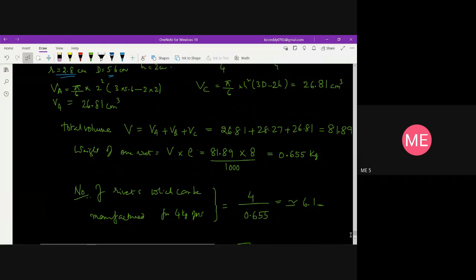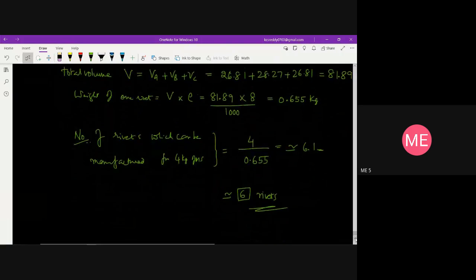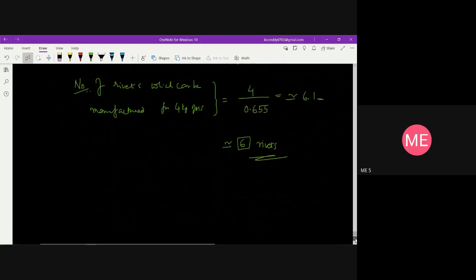So likewise, I may ask you the number of rivets, how many can be manufactured, or what is the total material cost. So these are the two things which you can find out. So we can take one more problem on this estimation of material cost, with different dimensions. Say for example, if I want to manufacture a component on the lathe machine, say for example,